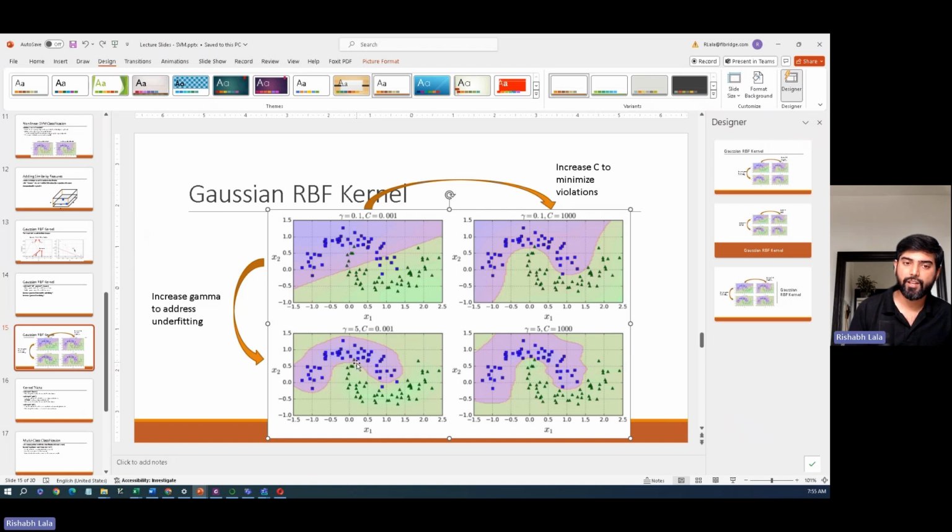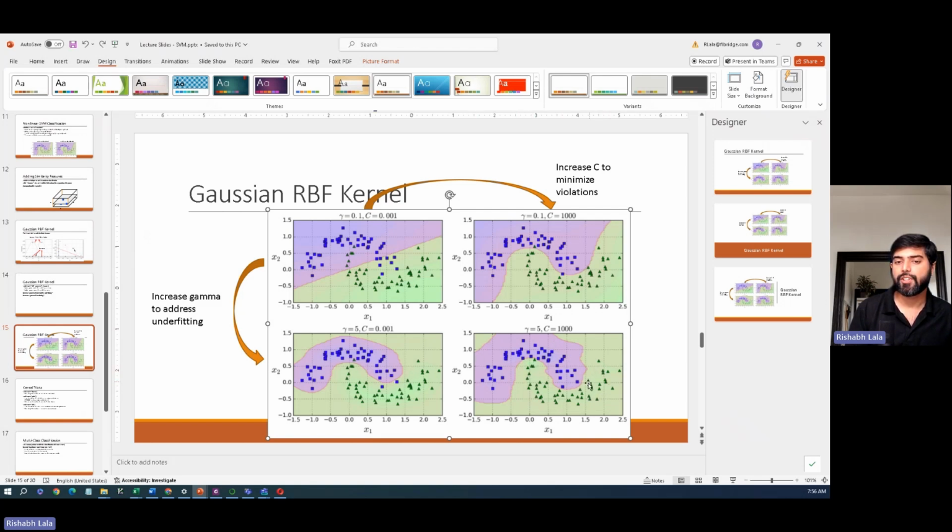So the green triangle, which was previously getting mixed up with the blues, is now being separated out with the help of the gamma value and the C being 1000. So what it's doing is learning the data set, separating the larger dogs from the smaller dogs, but it's learning